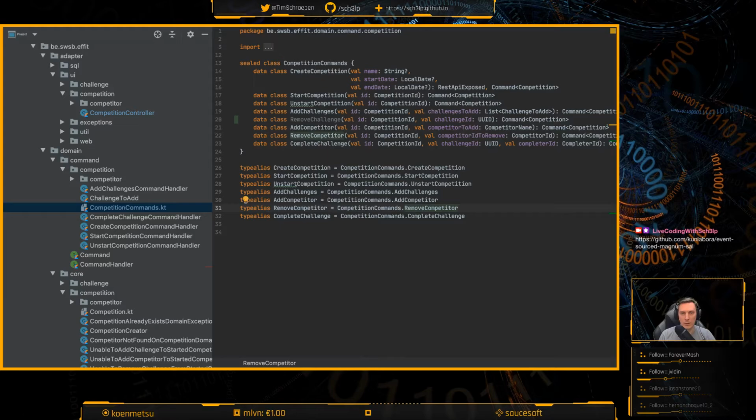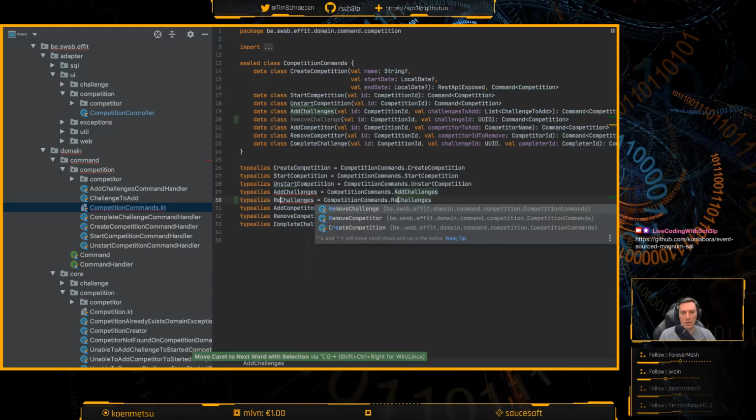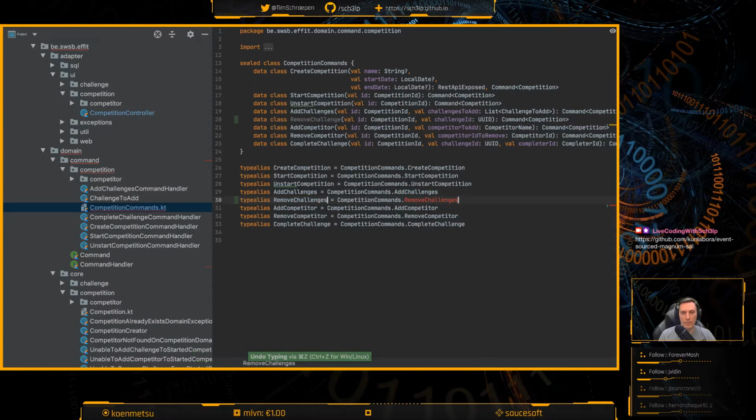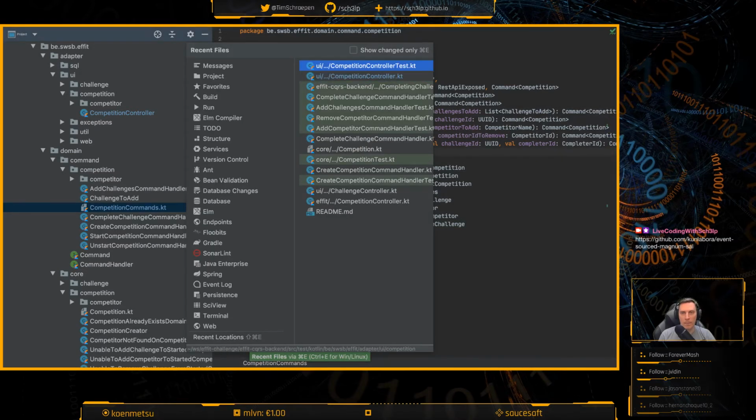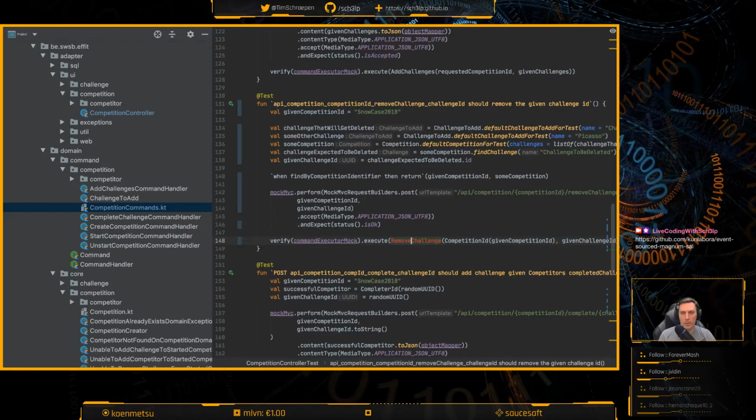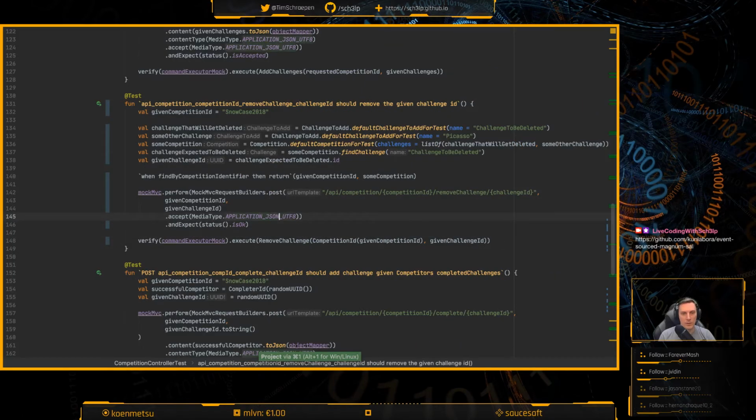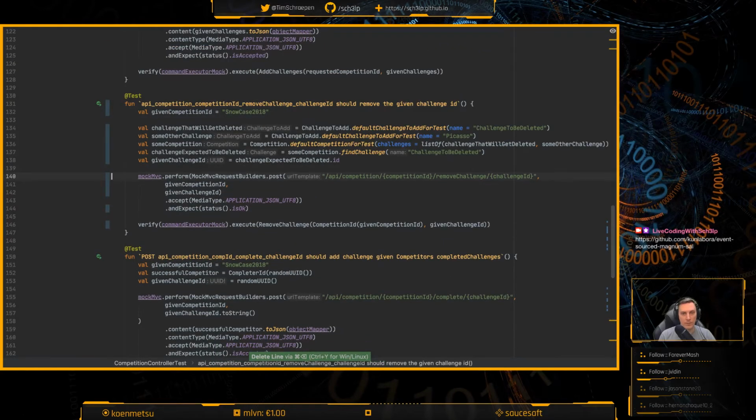And then we'll also add a type alias for that, so that we don't have to import it everywhere. There we go. So this will fail because the implementation is completely different. This we don't need to do anymore, in fact, so let's get rid of that.